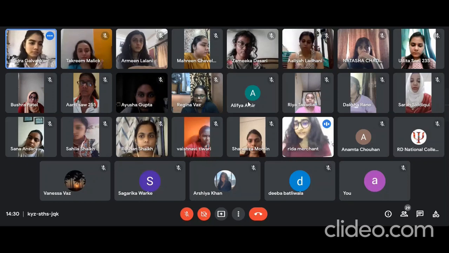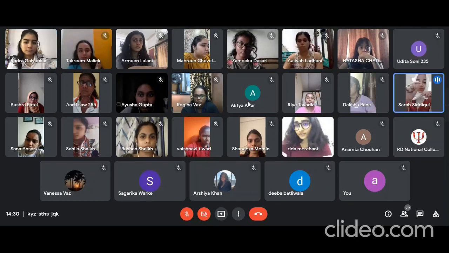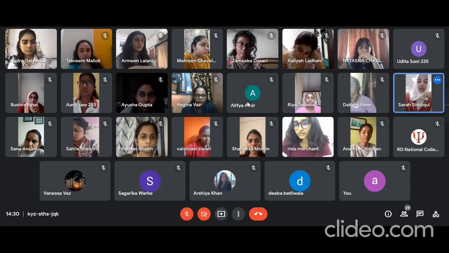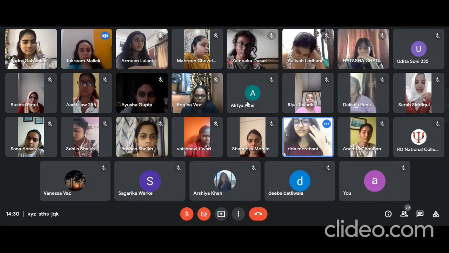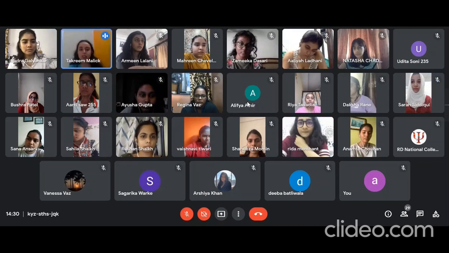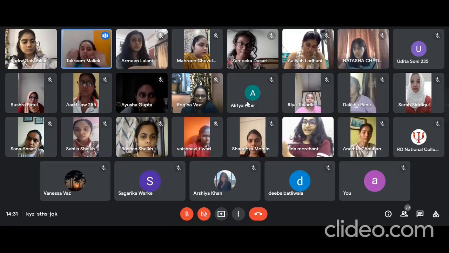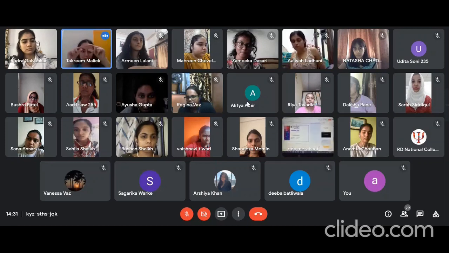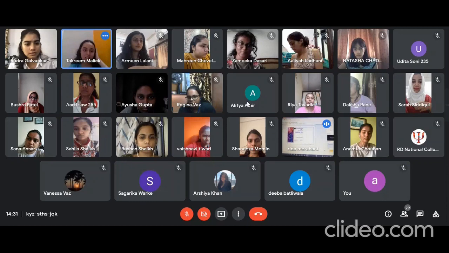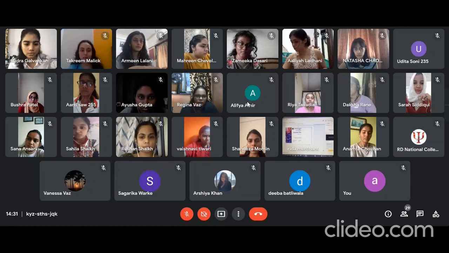Rida, when you convert it into pixels, the numbers change. So change those numbers back to the ones that you put before. Even it happened with me. The entire certificate is so small, and that's not the entire certificate. There's just one small part of the certificate left. Rida, one second, I'll have to pin you. Hold on.